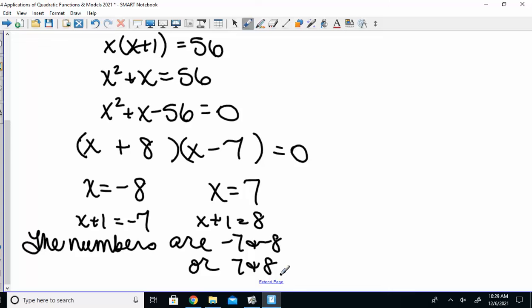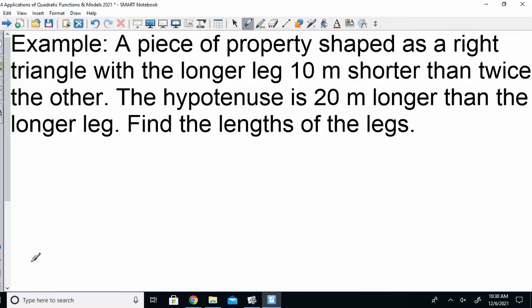I can do another one, can't I? We have time. One last problem. A piece of property shaped as a right triangle. So what should we do? Draw a triangle. And it tells me